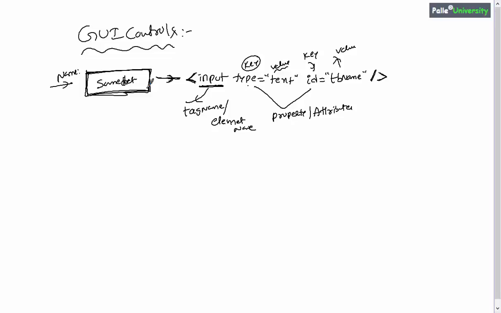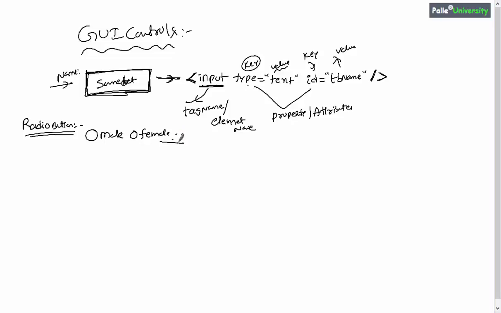Now let us try to understand how to create something called radio buttons. What is a radio button? In many websites you will observe some circle kind of symbol, and immediately after the circle there may be some content, maybe male, female, something like this, right? Now let us try to understand how to create such radio buttons.